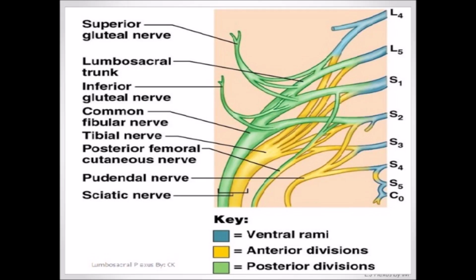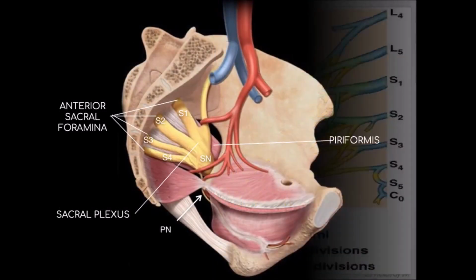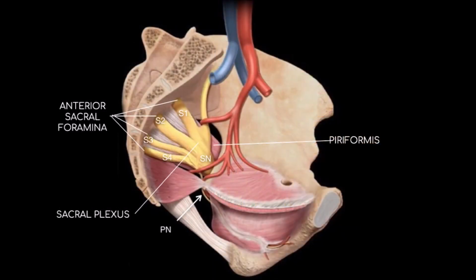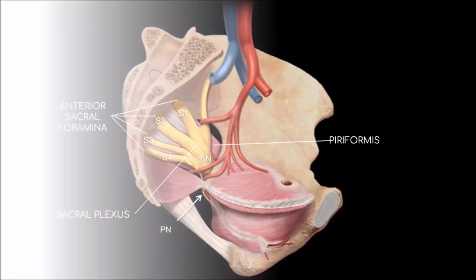It's also important to remember that the posterior divisions of nerve roots supply extensor muscles and that anterior divisions supply flexor muscles. The sacral plexus lies lateral to the anterior sacral foramina, in front of piriformis and behind the parietal pelvic fascia. Here, I will show you an easier method to remember the nerve roots of each nerve formed by